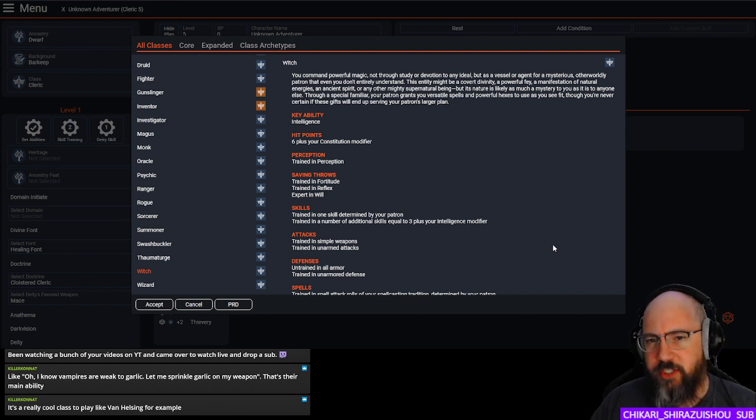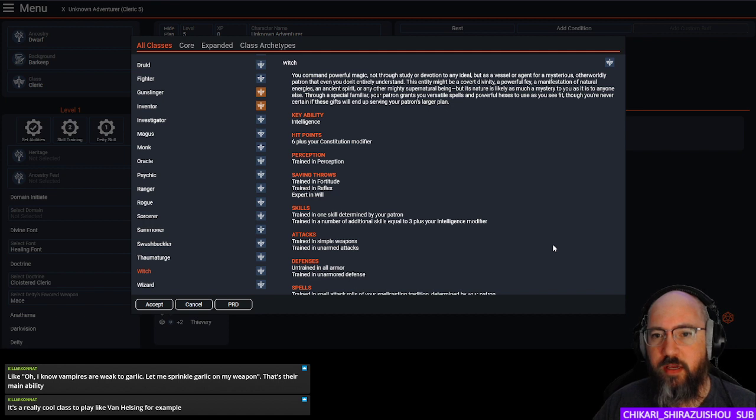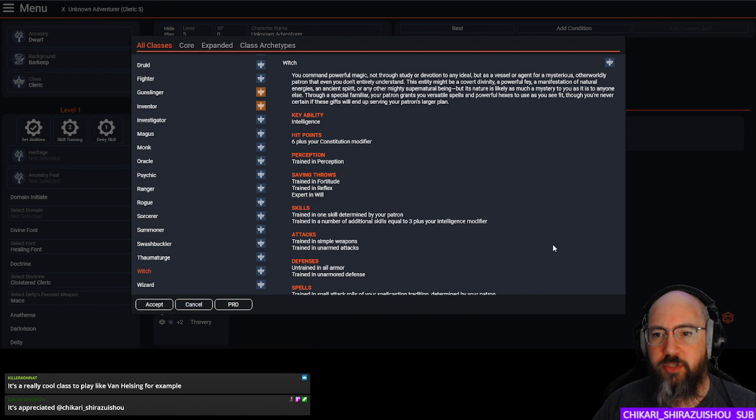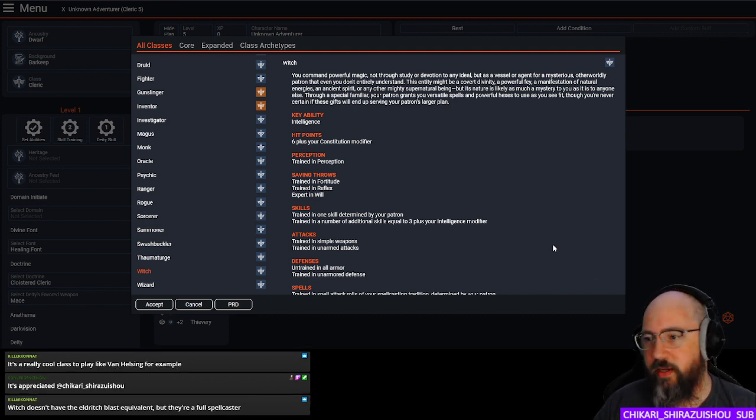You command powerful magic not through study or devotion to any ideal, but as a vessel or agent for a mysterious otherworldly patron. Okay, so witch is essentially one that even you don't understand entirely. This entity may be a covert divinity, a powerful fae, a manifestation of natural energies, an ancient spirit, or any other supernatural being. But its nature is likely as much a mystery to you as it is to anyone else. Through a special familiar, your patron grants you versatile spells and powerful hexes to use as you see fit. But you're never certain the gifts will... Okay,